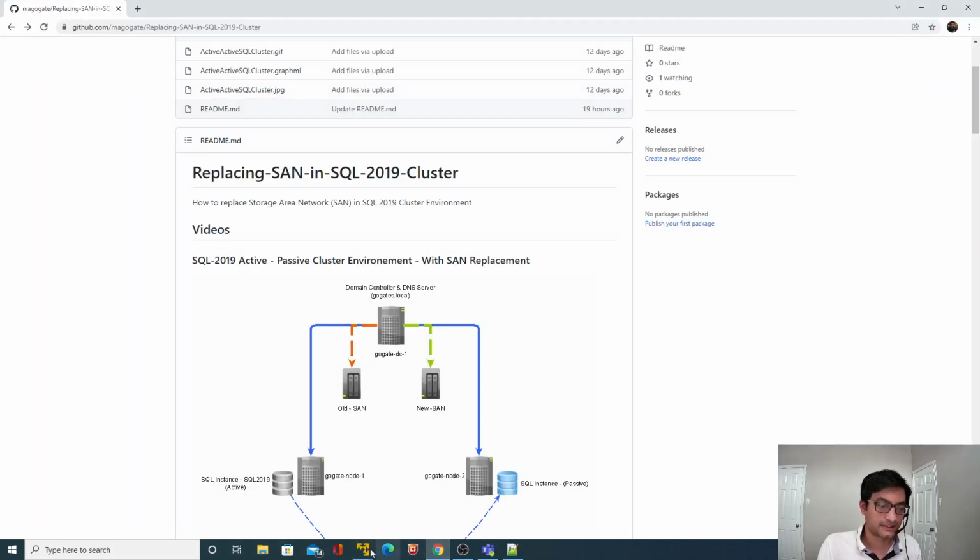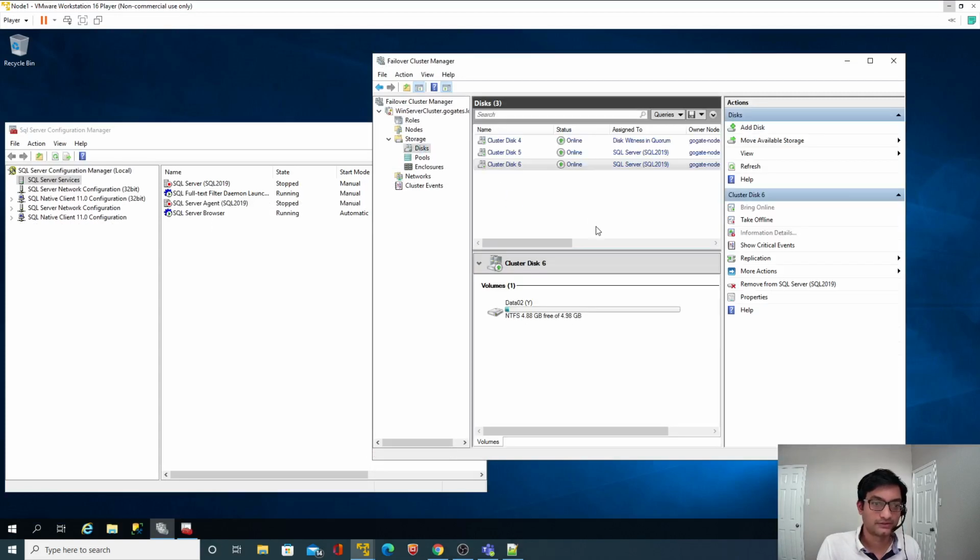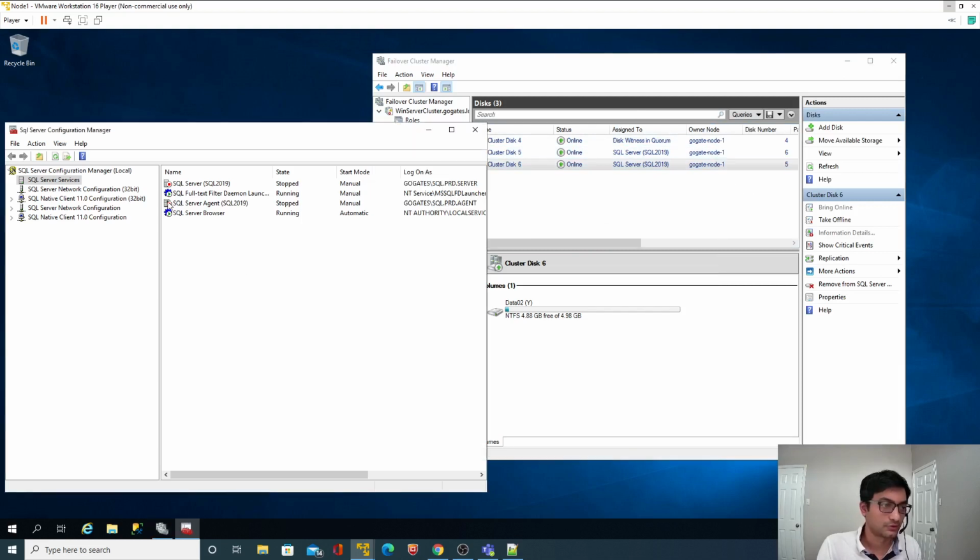Perfect. Let's check node 1 now. As you can see, these services are coming online. It's on node 1 now. Disks are also on node 1 now. Yeah, they belong to node 1.